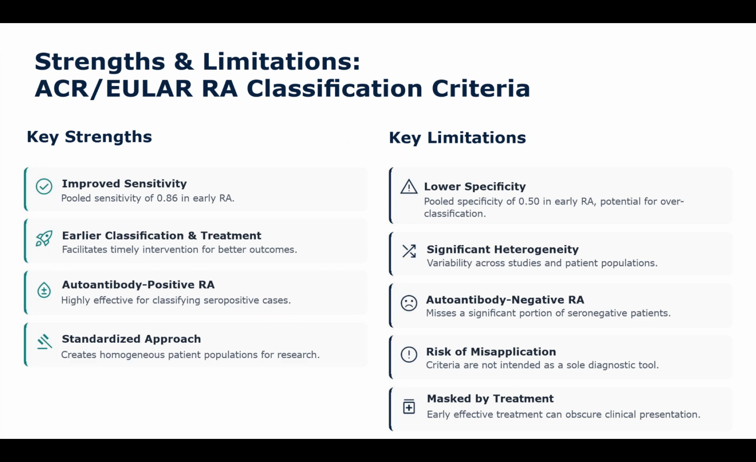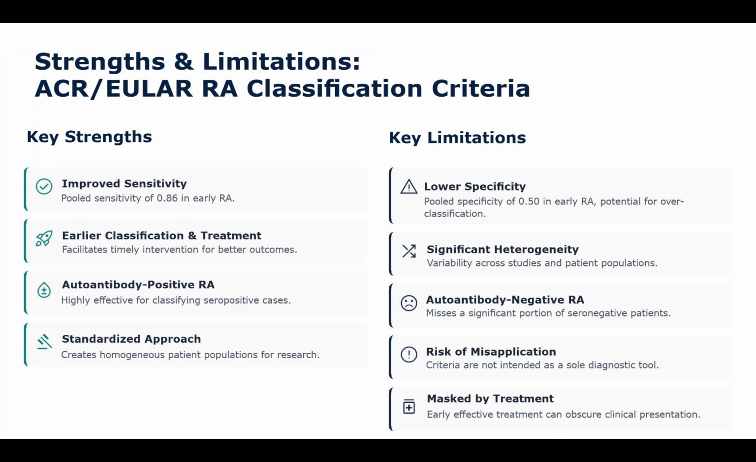Every set of criteria has its good points and its not so good points, and the ACR EULAR criteria are no different. On the strong side, they are much better at picking up early rheumatoid arthritis with a sensitivity of 0.86 in early disease, which means earlier classification and getting people into treatment faster. They are especially effective for RA that is positive for those autoantibodies, and they give us a really standardized way